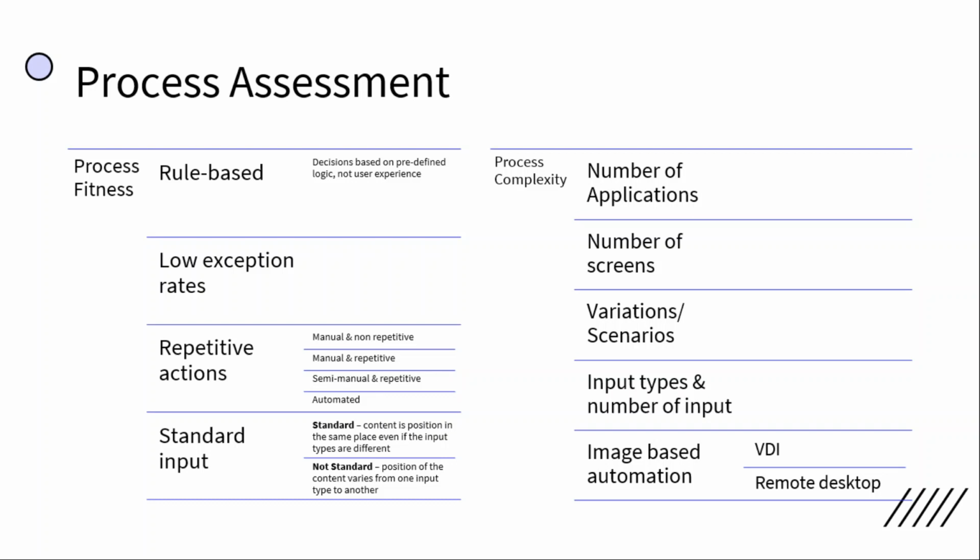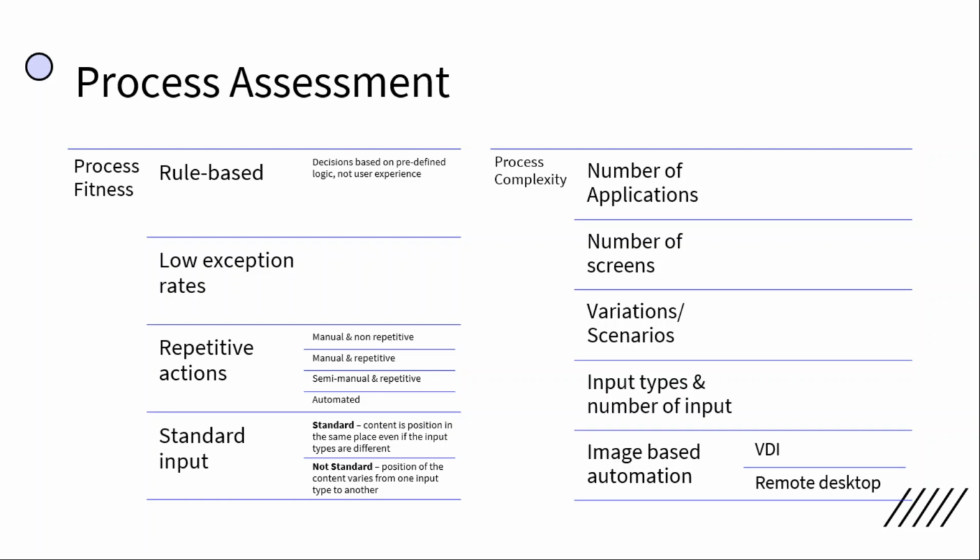And then the standardized input. So, when it comes to different inputs, we can have a standard or structured input, or a non-standardized input, such as if you are processing PDF files, for example invoices, you might see the information such as the invoice number, the name, address. It's not fixed at the same location in each file. It differs. So if it differs like that, that means the input is not standard, but still we can process them. If the input is standard, that means you always get the same layout, same structure, but the data is different. So we need to look into those aspects to see how fit this process is for